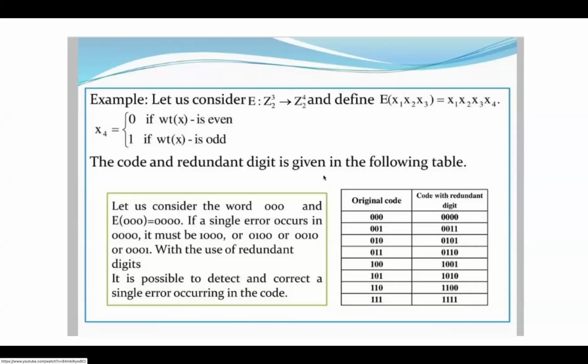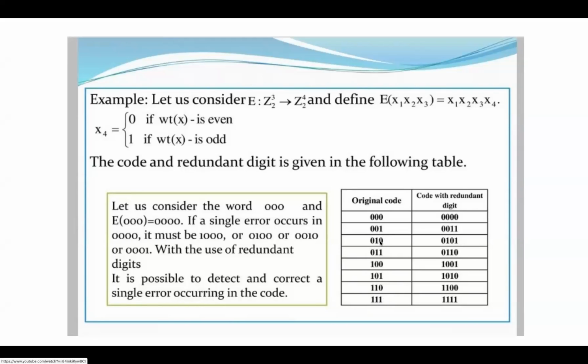The code and redundant digit are given in the following table. The original code is what? In Z cube, it will be 8 combinations: 0 0 0, 0 0 1, 0 1 0, 0 1 1, 1 0 0, 1 0 1, 1 1 0, and 1 1 1. Okay, now what is here?